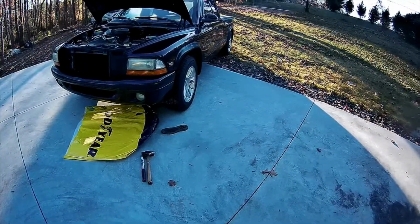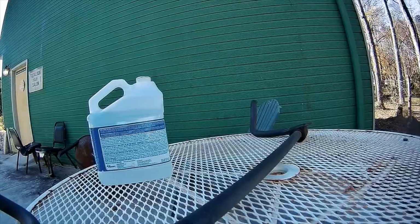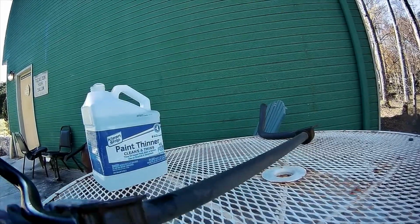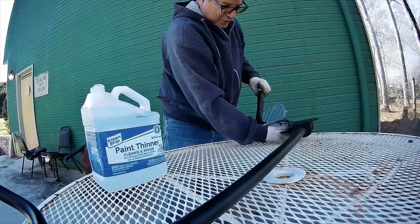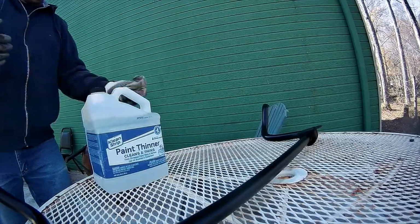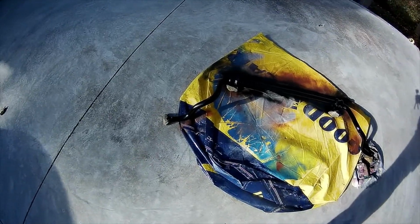I've got my stock sway bar painted, which you saw previously that I did 2 days ago. Isn't she a beauty? There's the stock sway bar. I got it all painted up nice. I did a layer of